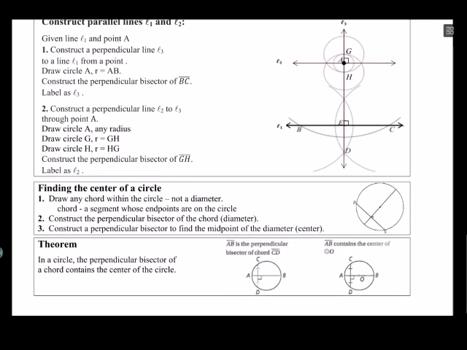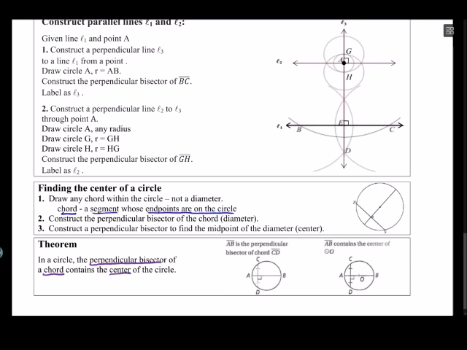And we will talk about finding the center of a circle. We have a theorem that says in a circle, the perpendicular bisector of a chord contains the center of the circle, and we are going to be interested in finding the center of a circle. A chord